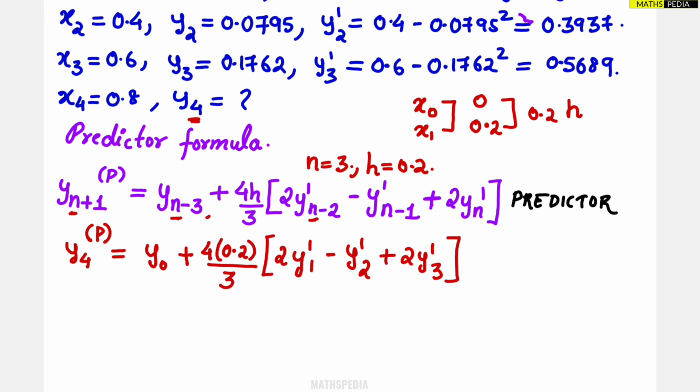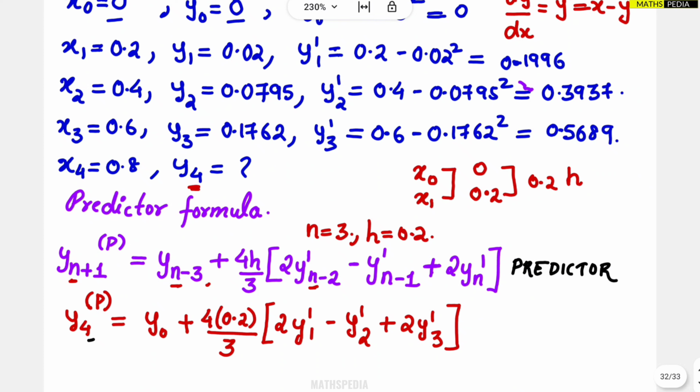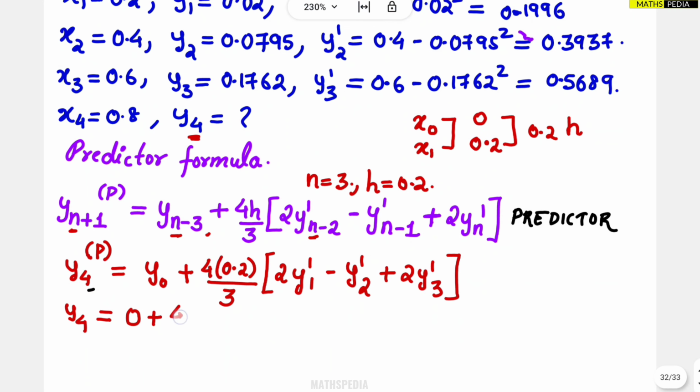Okay, so in this you can observe we are going to find out the y4 value using this predictor formula. So let us now substitute all the values whatever we have got. I hope you can see the values also. So y4 we are going to find out. So we are going to simply write y4 is equal to y naught value, y naught, not y dash of, y naught value is 0, plus